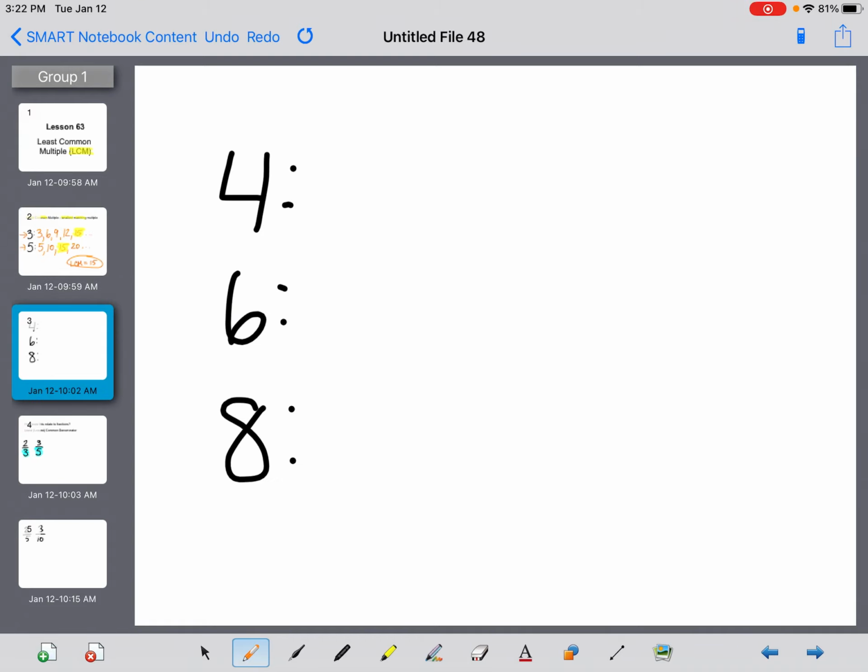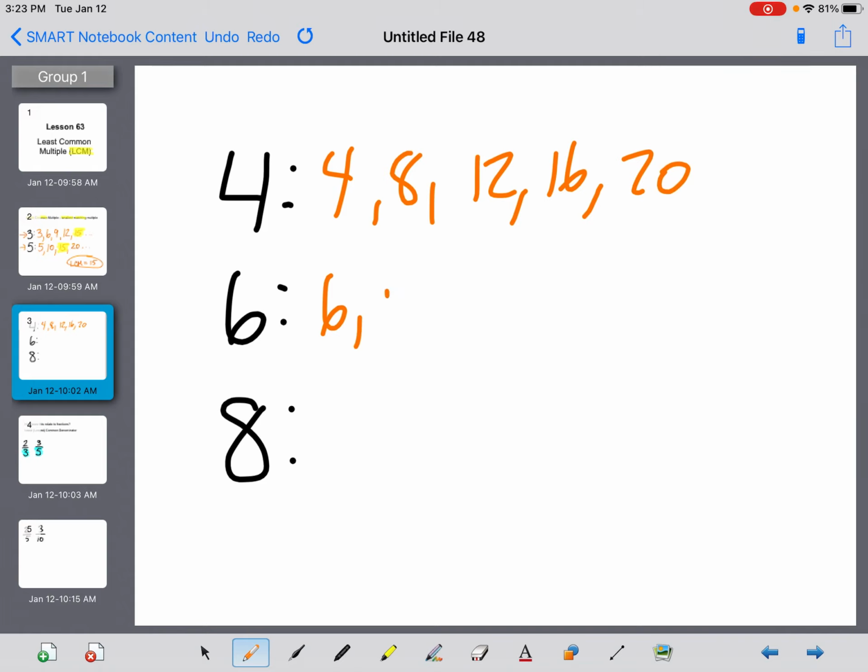Now, you can find the least common multiple in a group of 3 numbers. So here we can take our 3 numbers, we'll list the multiples, and you could even think about the multiples kind of like skip counting, which you've probably learned in previous grades, like counting by 2s, counting by 3s. That's another way to think of multiples. So really here, when I list the multiples of 4, it's kind of just like counting by 4s. So 4, 8, 12, 16, 20. Then 6, 12, 18, 24. 8, 16,